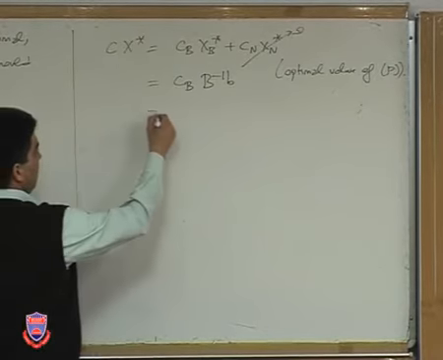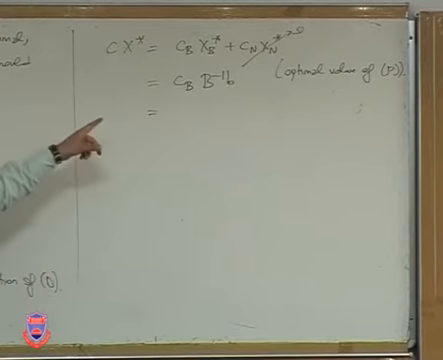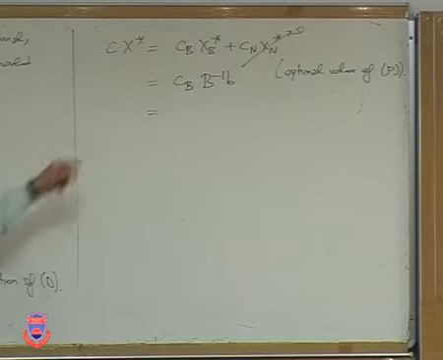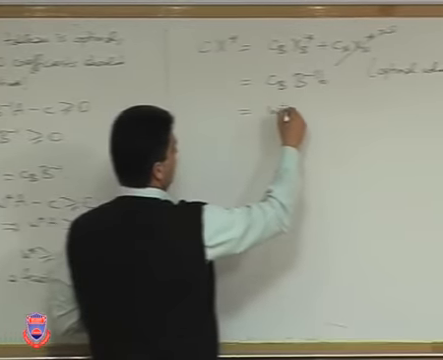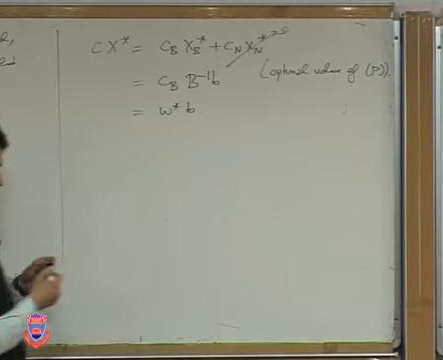All right. Well, I have again CVB inverse that shows up in that expression. And I know that CVB inverse, I define it as W star. Okay? So I'm going to make that substitution. So I get W star times B.